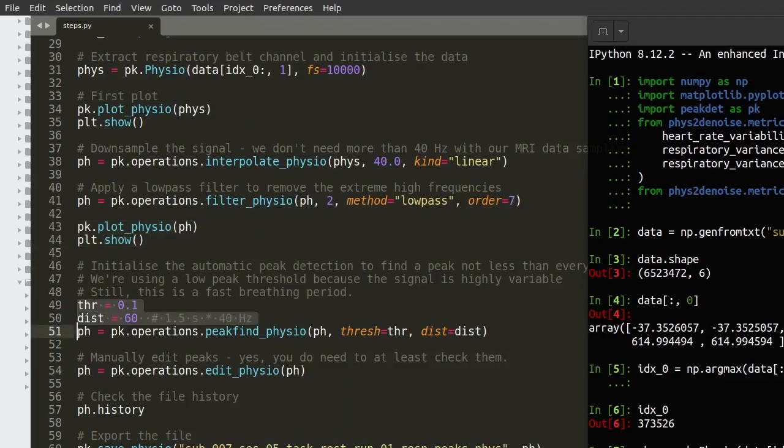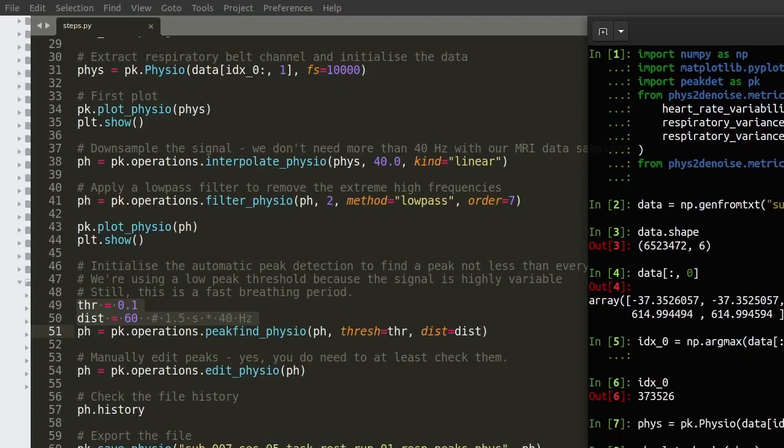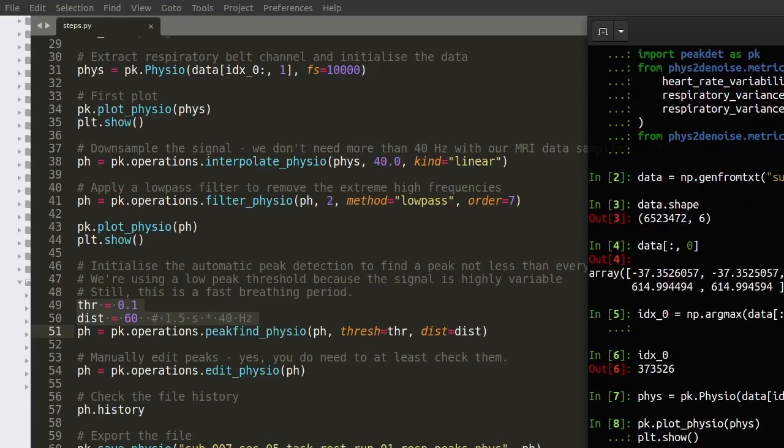So we're going to now start the initialization of the automatic peak detection, and I'm going to do this by setting a threshold and a distance. Threshold and distance are used by the automatic peak detection algorithm to decide where to put peaks. It's not just the maxima of the function. The threshold tells us if we want to have the peaks above a certain amount in the distribution of the array itself. In this case, I'm choosing 0.1, which corresponds more or less to 10% of the distribution,